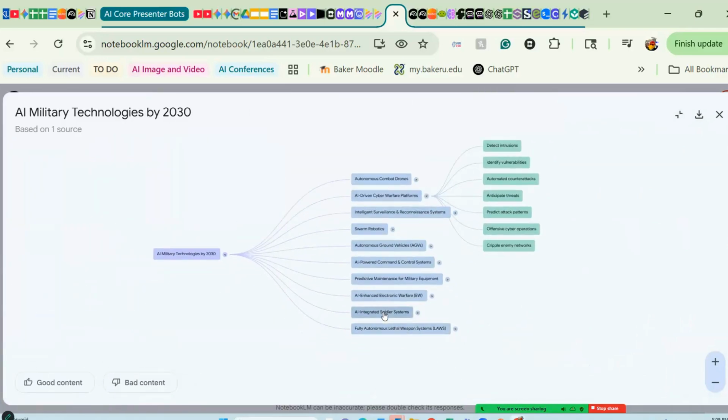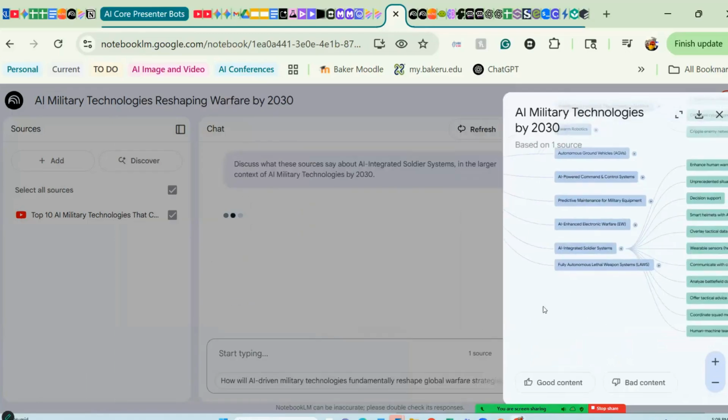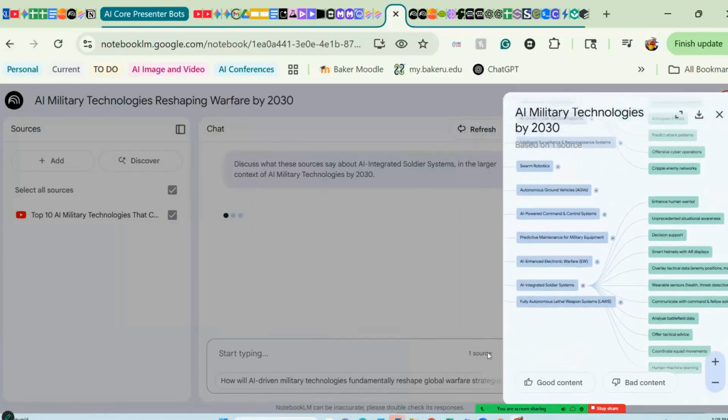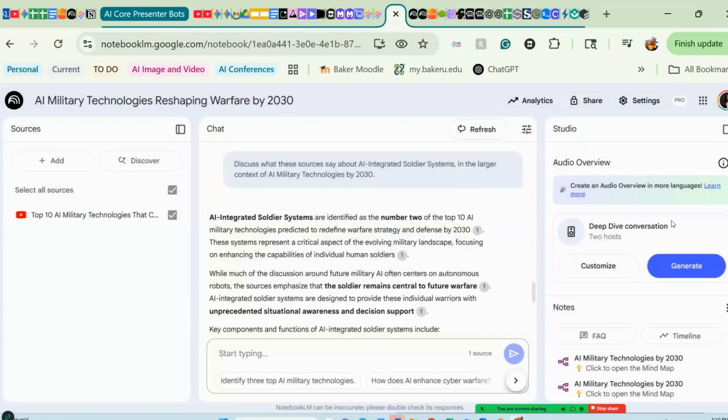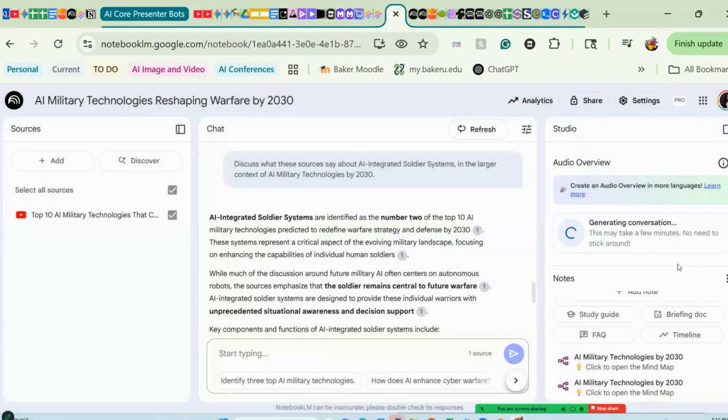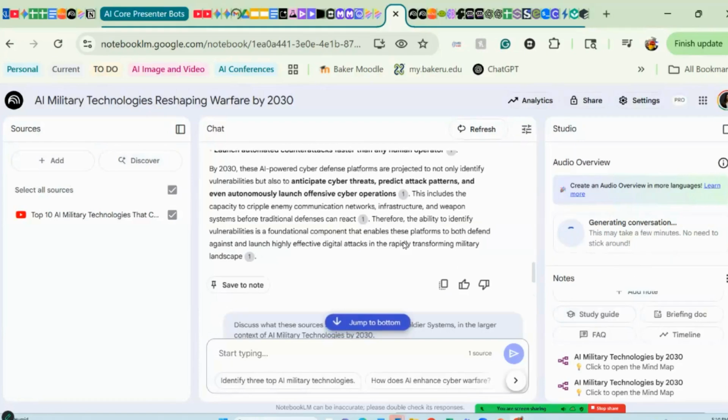I can look at the whole thing, AI integrated systems, and if I want to, I can pull this over and chat about it in real time. It'll tell me about those integrated systems. I can also generate a deep dive talking about it. So it will provide a podcast in a few minutes about that YouTube video. I can add more things. I can specifically ask it questions. And then there's this beta underneath the podcast when it generates. And in that beta, you can ask it any questions about what you have uploaded.